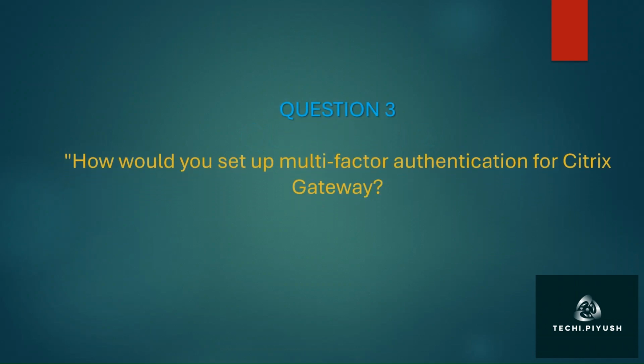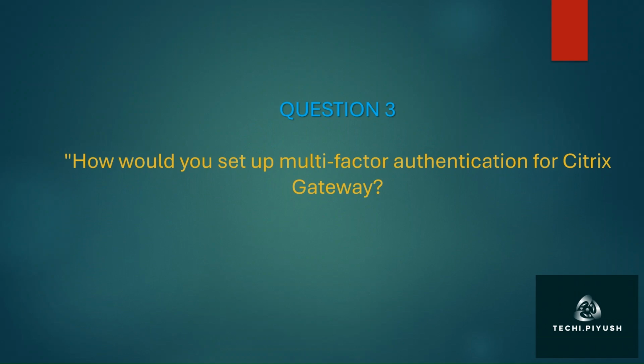Our next question is related to the most desired option, multi-factor authentication via Citrix Gateway. To answer this, you need to follow a systematic approach. First, you need to choose an MFA provider. You can select an MFA solution like Duo, Azure MFA, or Okta. You need to configure Citrix Gateway as an application or RADIUS client in the provider's portal. Then you need to configure your MFA authentication. In Citrix Gateway, you can add an MFA authentication policy under Configuration, Authentication. Then you need to provide the MFA server details, port, by default it is 1812, and shared secret.